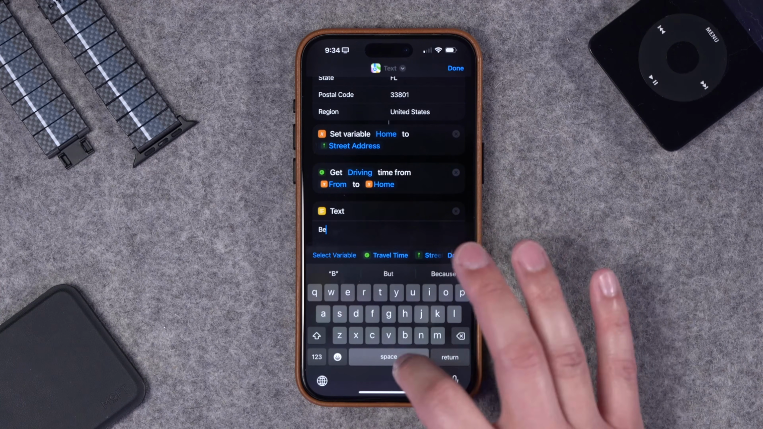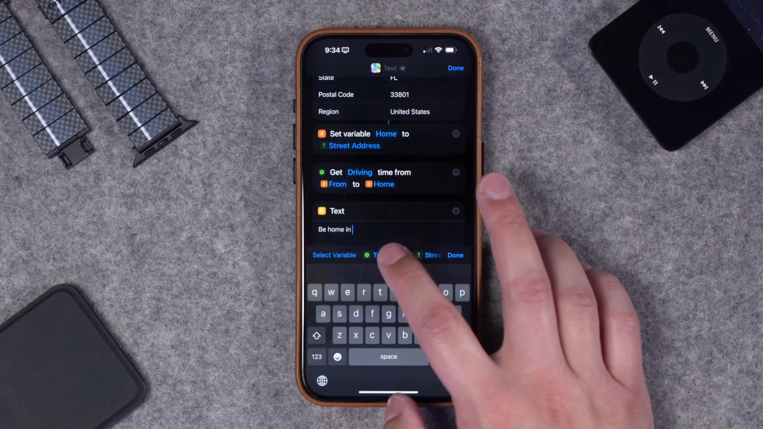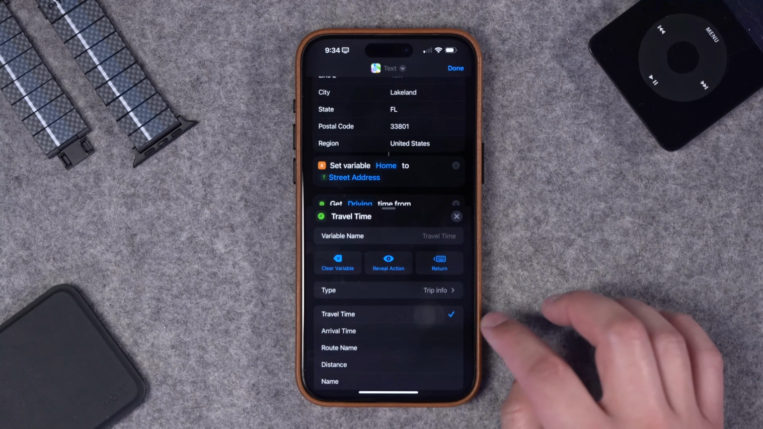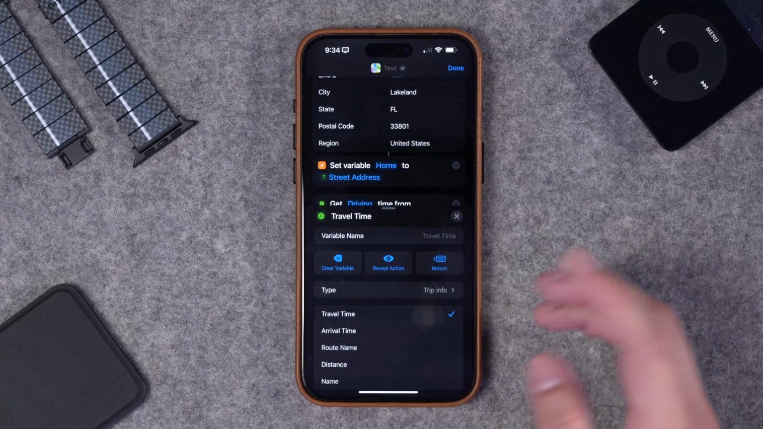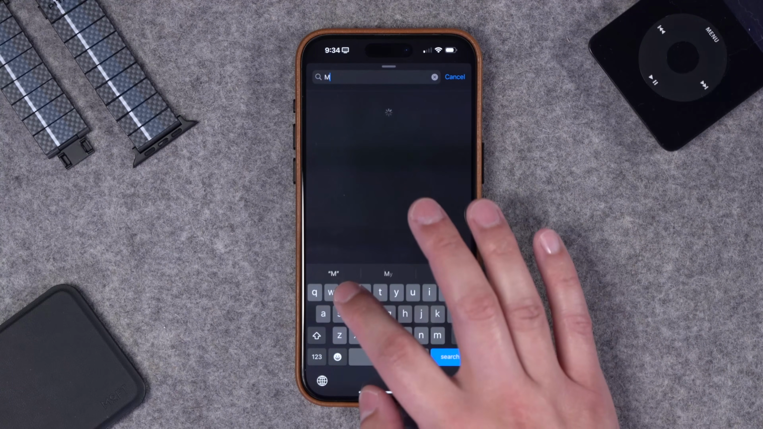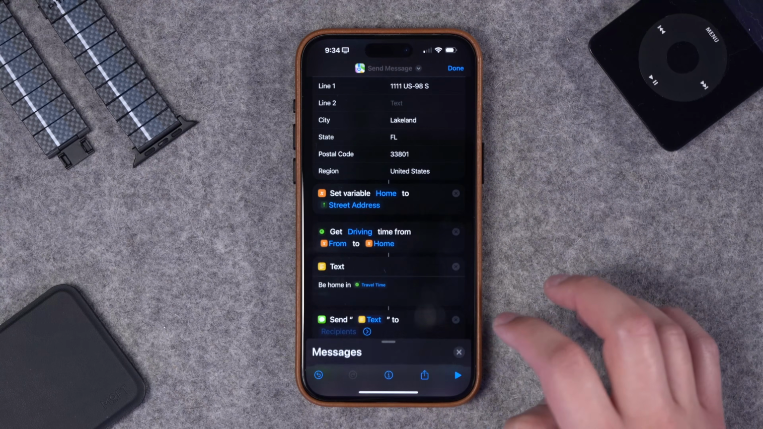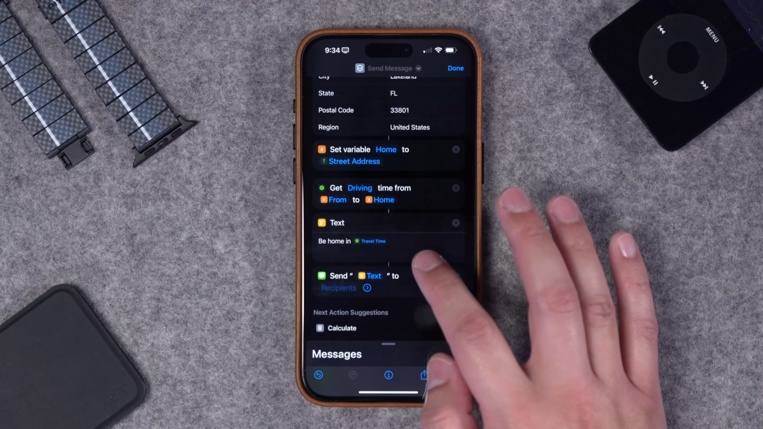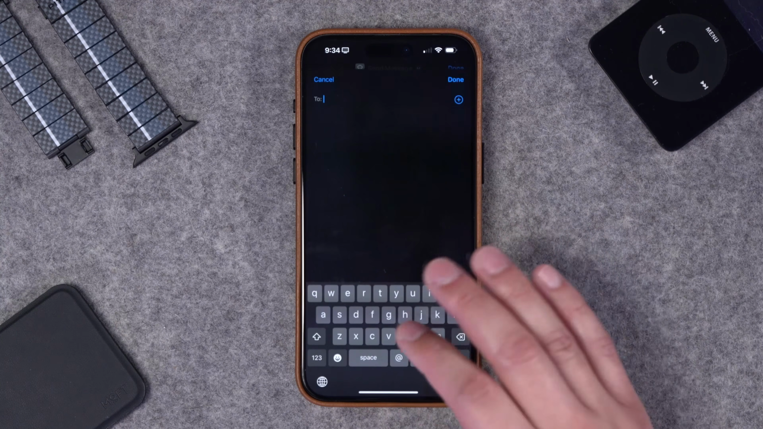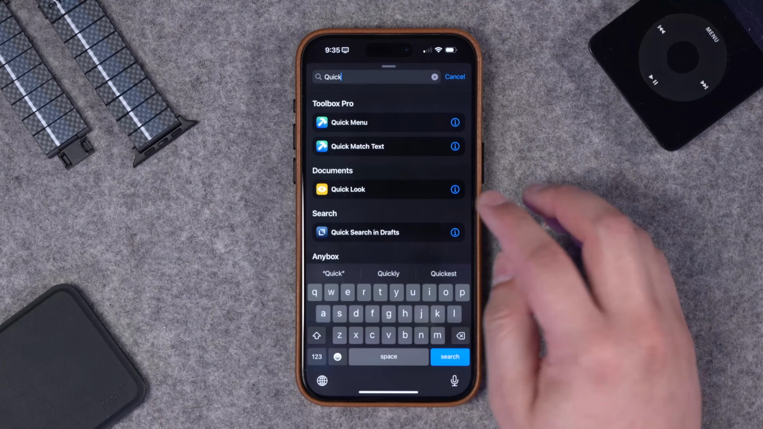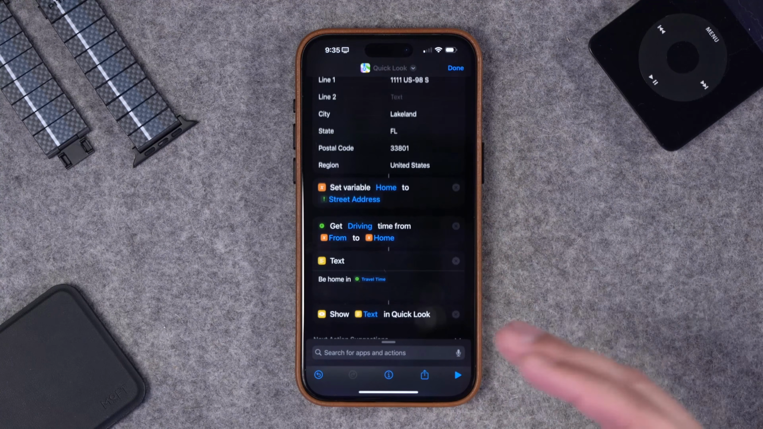And I'll say be home in, and then I'll choose the travel time variable. You can also choose arrival time and say something like I'll be home at. And then the last action can be message a contact. Choose messages, send message. It will automatically choose the previous text field, and then you can choose any contact you would like. I'm gonna replace that action with a quick look action just so we could see what this